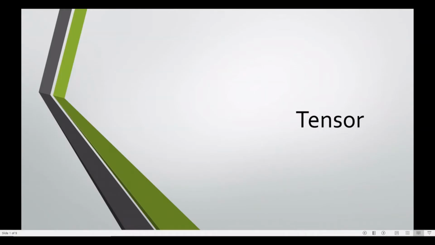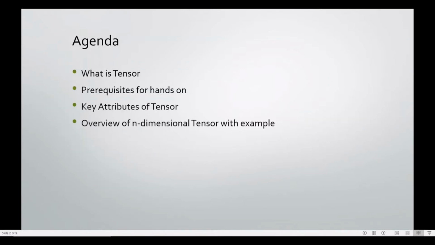Alright, so in this chapter we will see what exactly a tensor is, try to get some visualization of tensor on a 2D plane, and learn how to create multi-dimensional tensor using NumPy. For the agenda, first we will see some definition of tensor, then what are the tools and libraries required to do some hands-on, then check some key attributes of tensor, and in the end we have some overview of where tensor fit in with scalar, vector and matrices and use NumPy to create each of these.